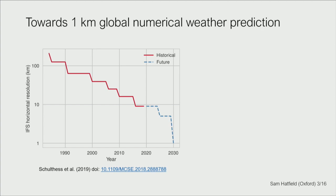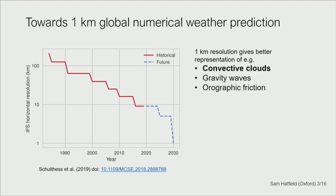1 kilometer resolution. The reason we're interested in 1 kilometer resolution is because, well, I've chosen to focus here on the representation of convective clouds. We expect the representation of these clouds to improve dramatically as we get down to 1 kilometer resolution, because we will begin to resolve them explicitly instead of having to rely on a parameterization of those clouds where only the mean effect is captured. There are also some other things that we expect to be better represented at 1 kilometer